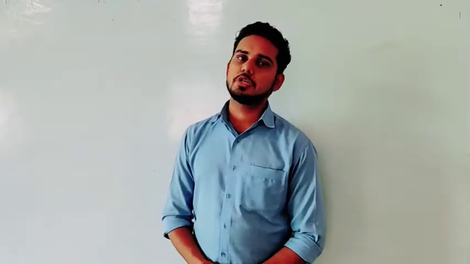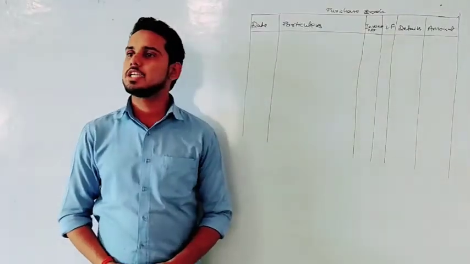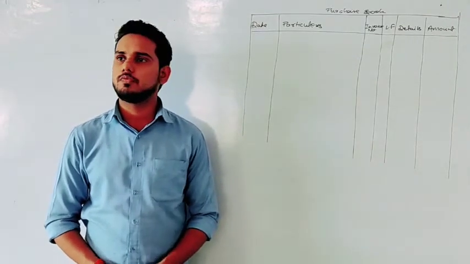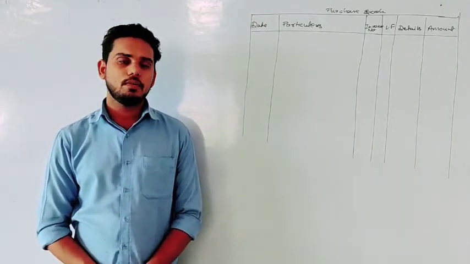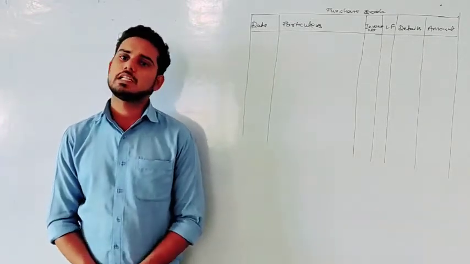While preparing purchase book, there are 2 things that you need to keep in mind. First one, in purchase book we will record only credit purchases, and that credit purchase should be of goods only, right? Any purchase other than goods will not be recorded in purchase book. Okay, right. So let's see what is given. First we will prepare the format of purchase book. So this is the format of purchase book. First we will prepare purchase book for this particular question. Then we will see how we can post the information from a subsidiary book to its ledger, right?